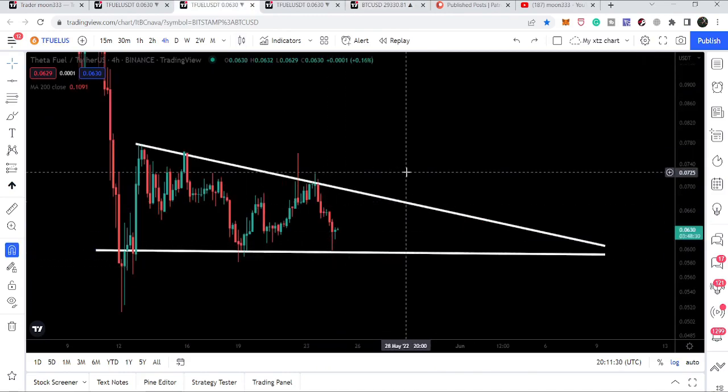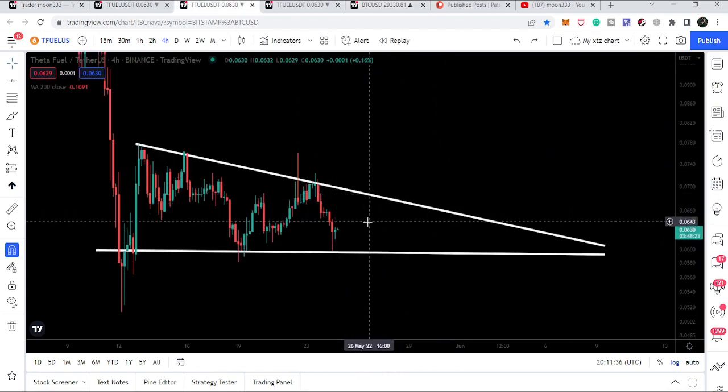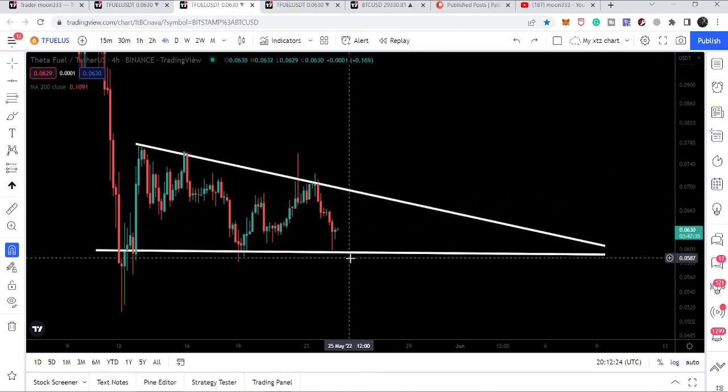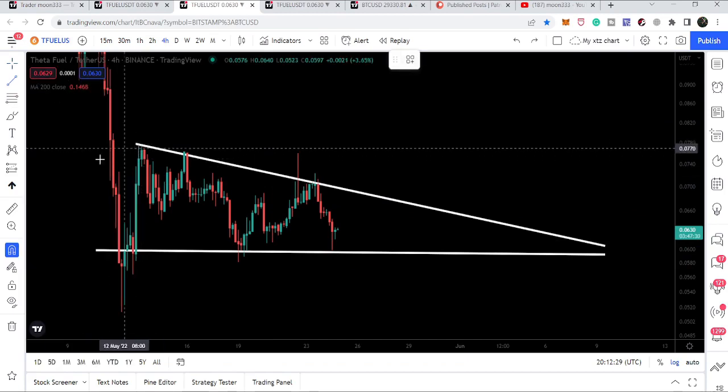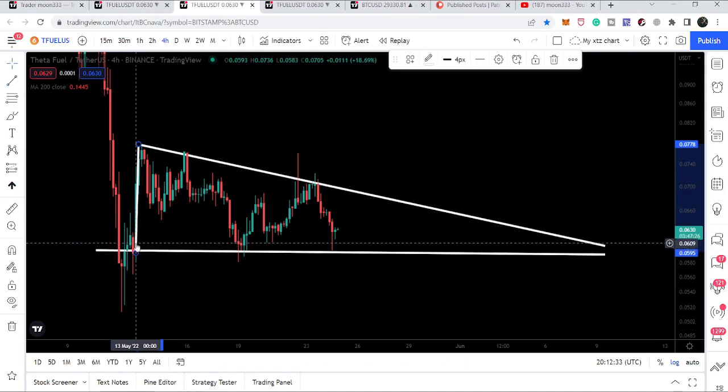So it is also possible that after Bitcoin breaks out the triangle, after a few hours, TFUEL will break out the resistance of the triangle, because you can see there is still a big gap between the resistance and support of this triangle. Now, for example, if TFUEL breaks out this resistance of the triangle, in that situation, our target to the upside will be